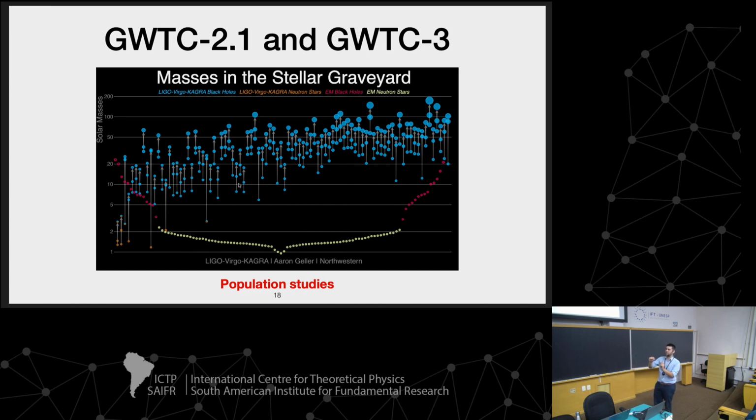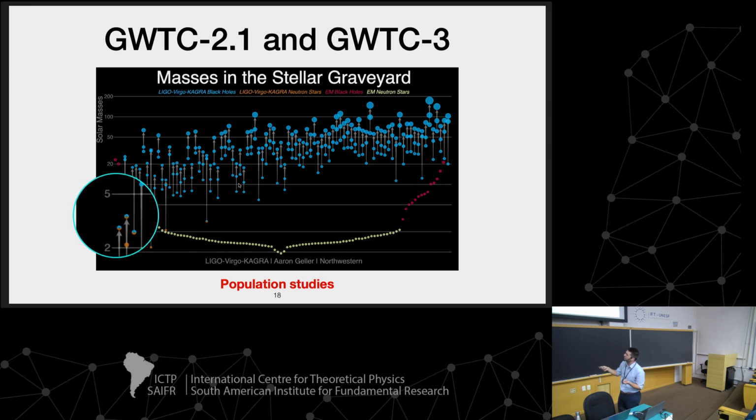So orange dots are neutron stars. Somehow you can have two neutron stars merge with each other, and they produce a black hole. So the orange is the neutron stars, and the blue is a black hole. Yeah, for example, the very first object here is GW170817, the neutron star multi-messenger event. Then we have another neutron star, and you see that the final dot is half blue, half orange. This is because they sit in the so-called mass gap.